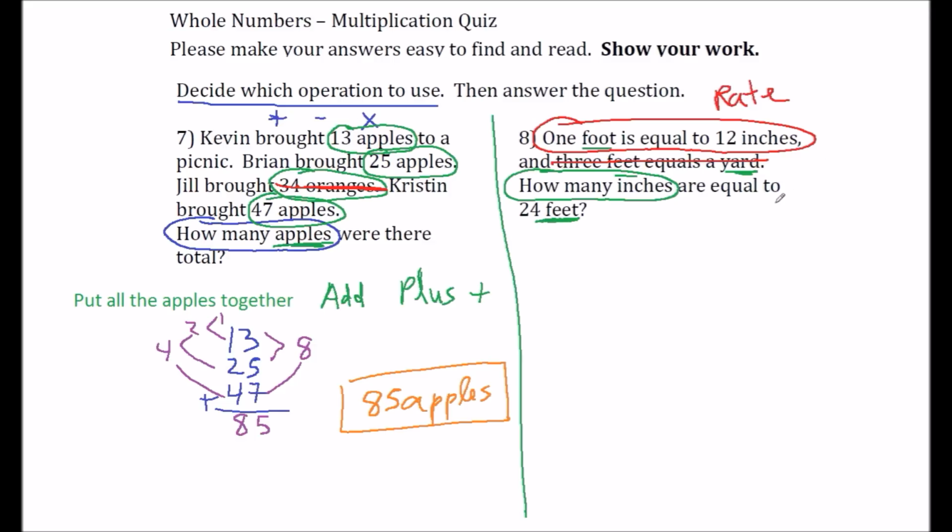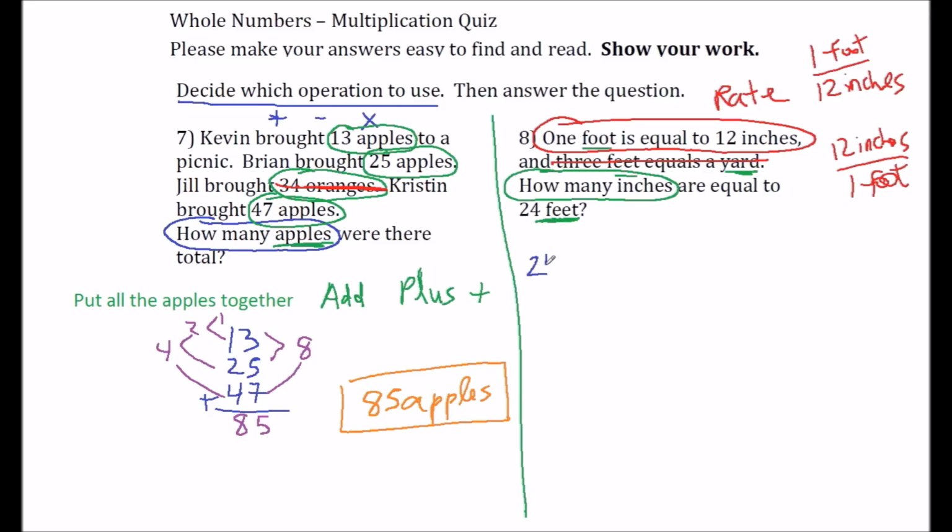The rate, we can have 1 foot over 12 inches, or we can flip it around and have 12 inches over 1 foot. So we're doing this as a fraction, and pardon my sloppy writing, but I'll try and clean it up in a little bit. We're going to use one of these fractions, along with the 24 feet, to answer this question. So I'm going to start with the 24 feet that are given to me as part of the